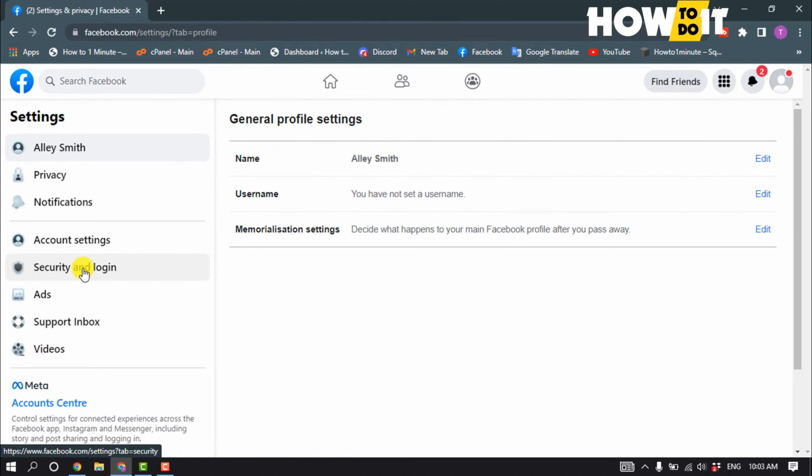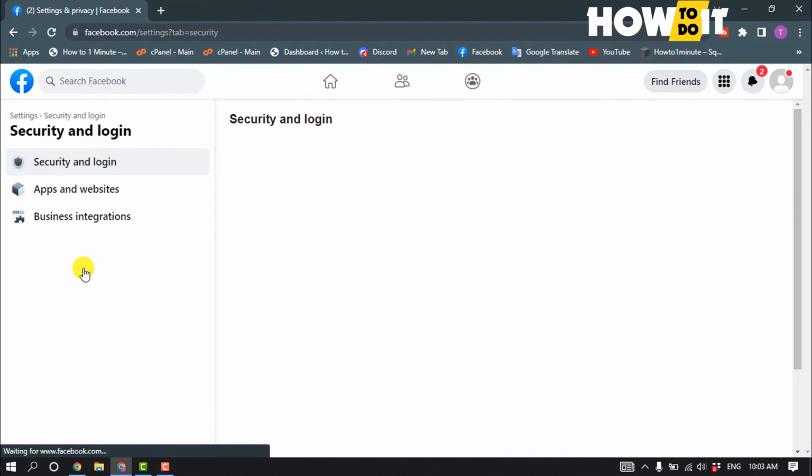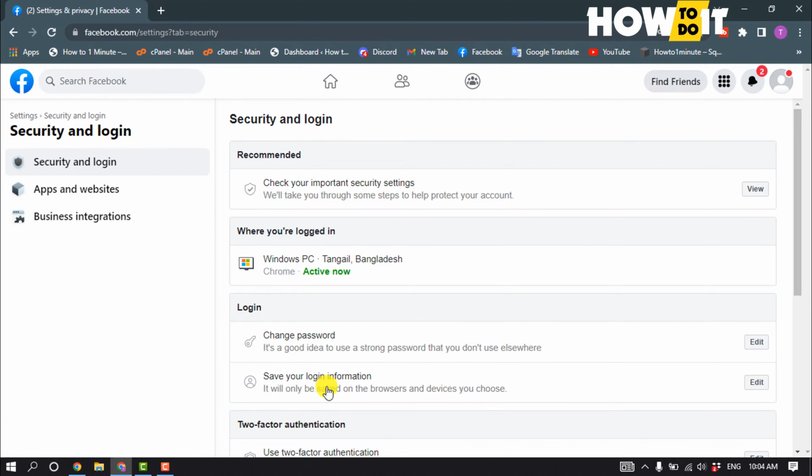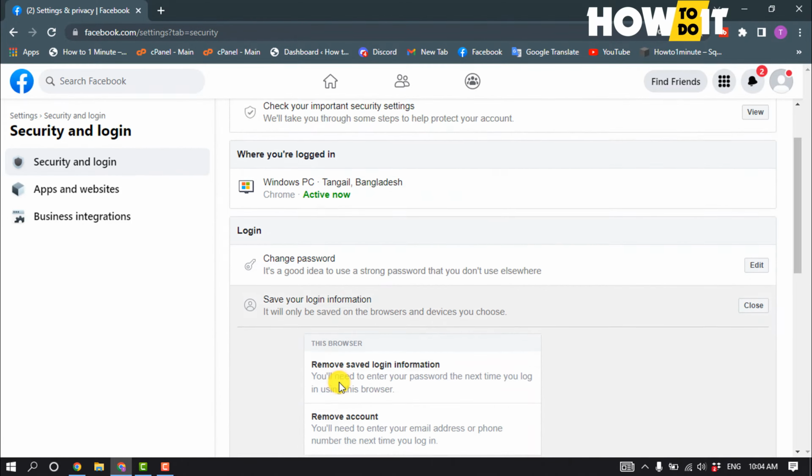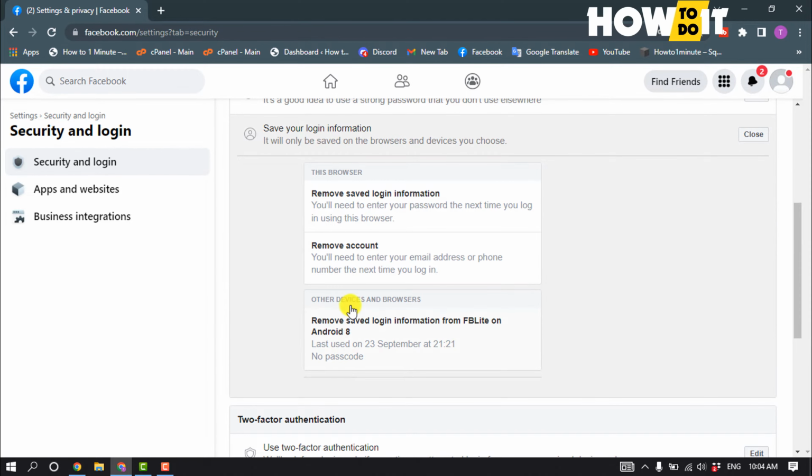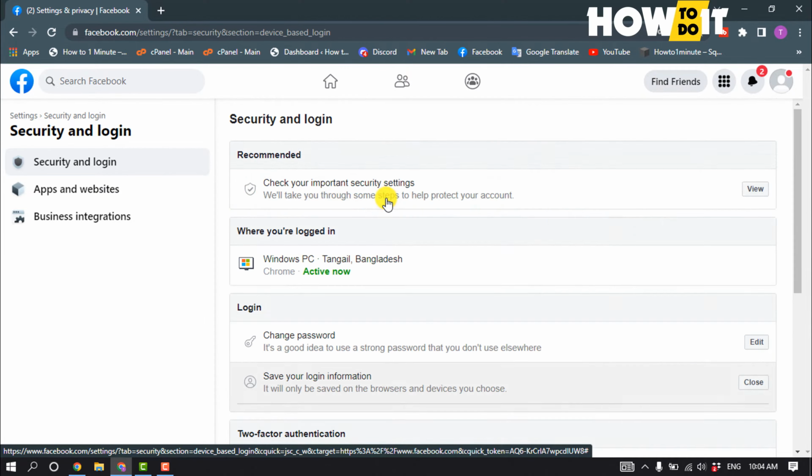click on Security and Login, click on Save Your Login Information and click on Remove Saved Login Information and click on Leave this page,